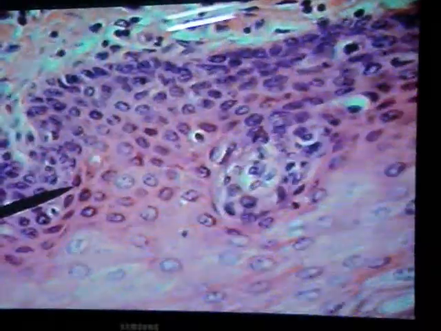Especially you can see a very distinct stratum granulosum here. These are the different layers of the stratified squamous non-keratinized epithelial lining. You can see the granules very distinctly in the stratum granulosum.